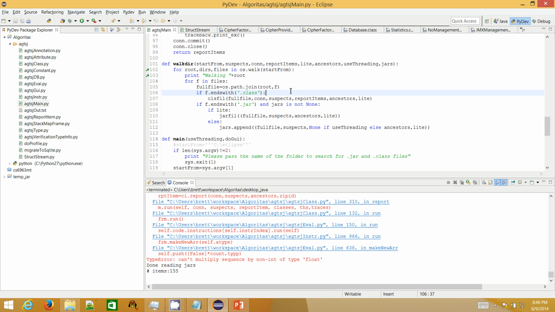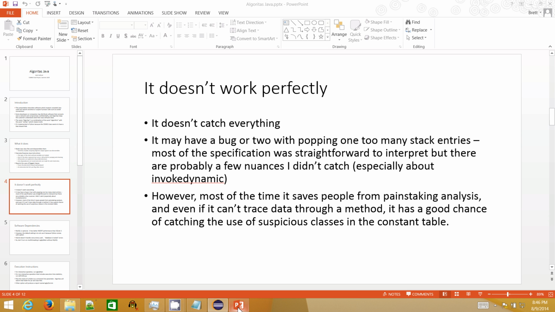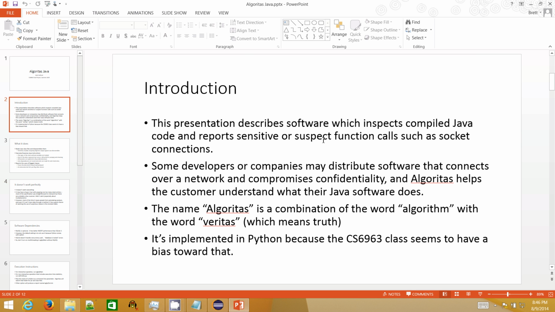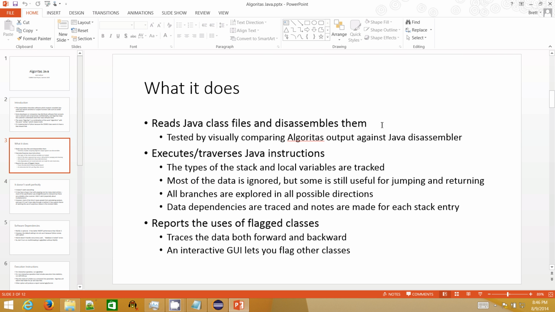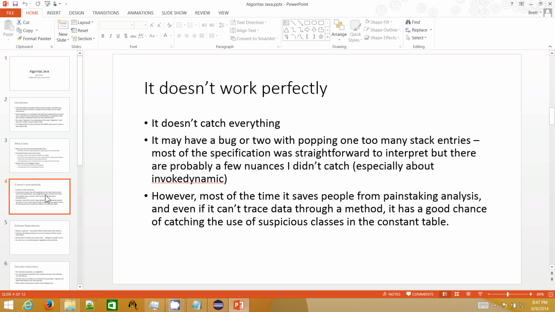It analyzes Java bytecode and tries to report the instances where they use sensitive or suspect function calls like socket connections. So, it reads Java class files and disassembles them. It traverses the instructions. It goes through all the branches and traces the dependencies, the data dependencies. This instruction caused this other thing to happen. And it produces kind of a semi-plain English report, a lot better than Java bytecode or the output of the